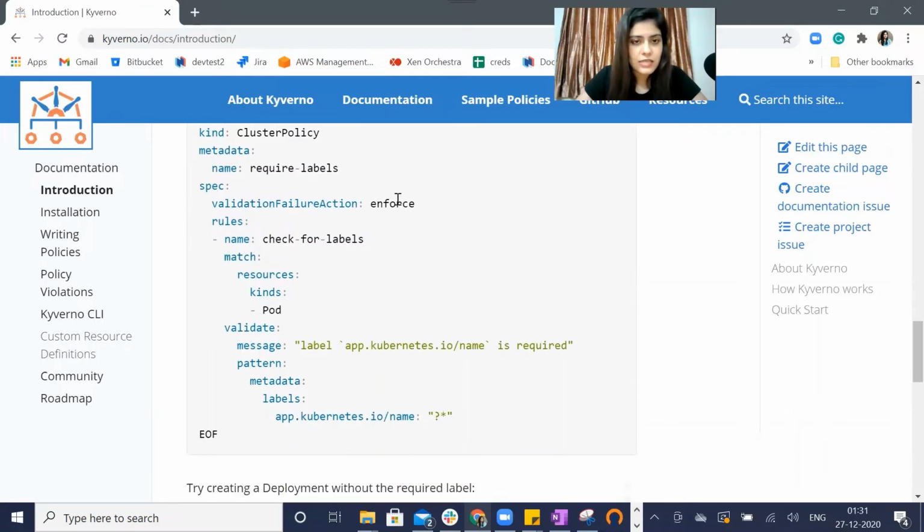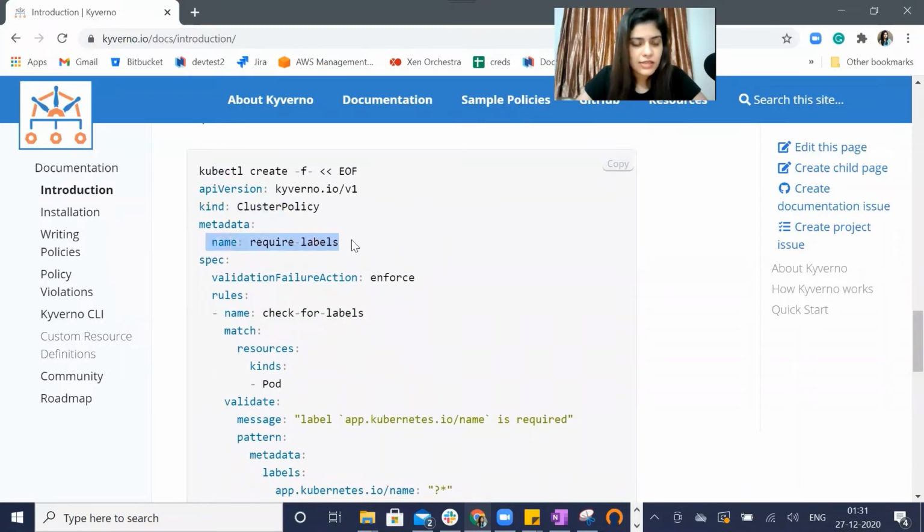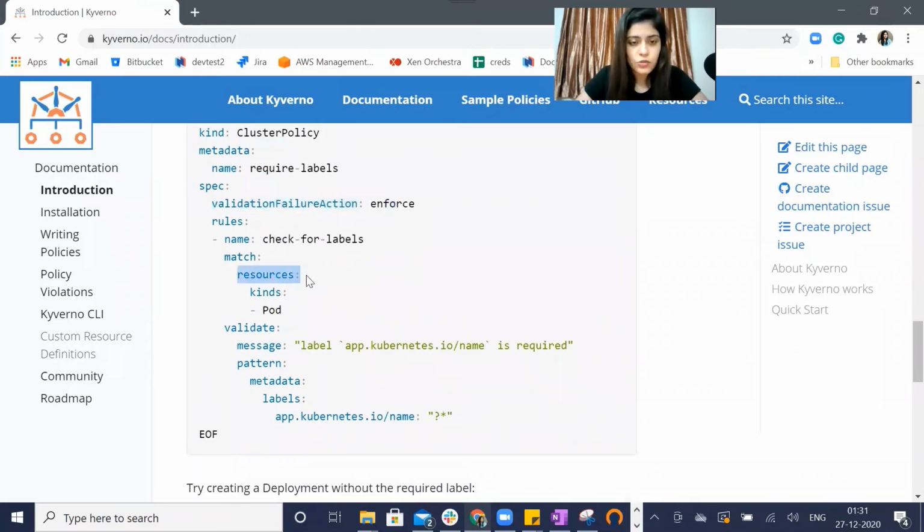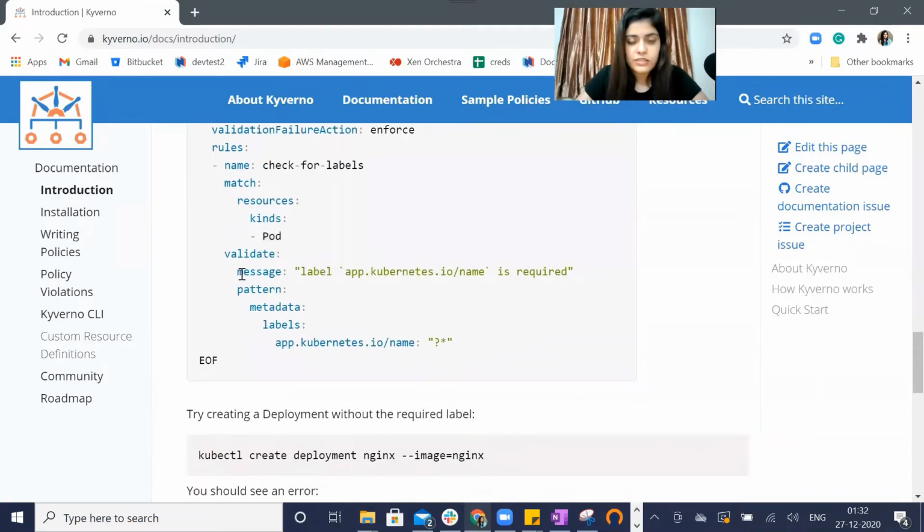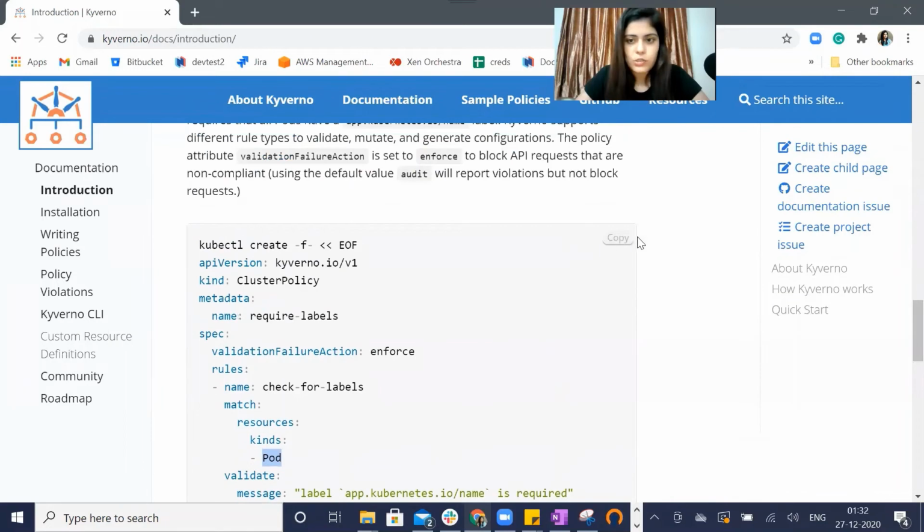So what this policy says is, this is a kind cluster policy. It has a name, it has certain rules. It has resources where this policy needs to be enforced, like it needs to be enforced on pods. You can add more Kubernetes objects in this list if you want to. There's this message that gets popped up whenever there's an error or whenever this policy is in action. And what it basically does, it is going to check this label on every pod, and if it has this label, then the pod will be deployed by Kubernetes. If it doesn't, then it will be blocked and there will be no creation of the pod. So let's quickly